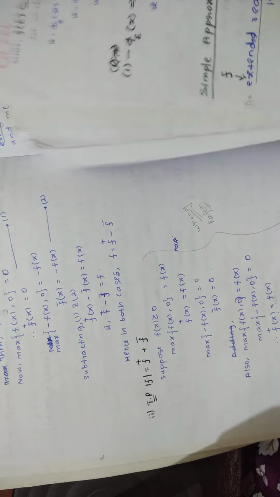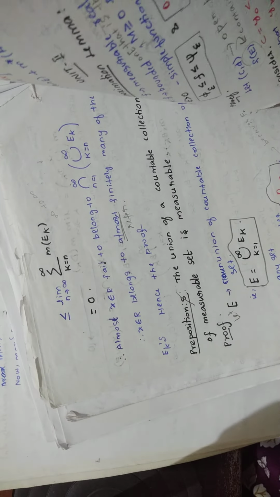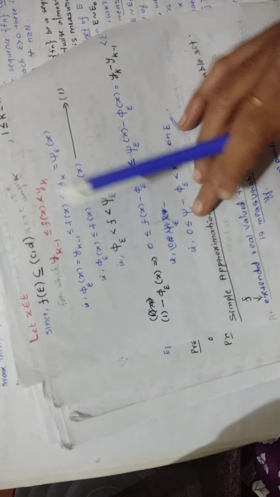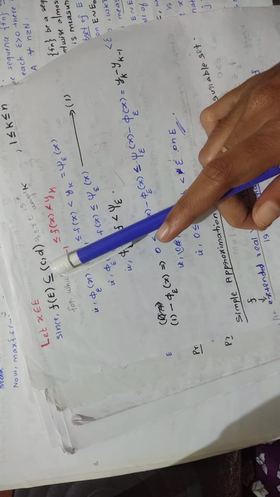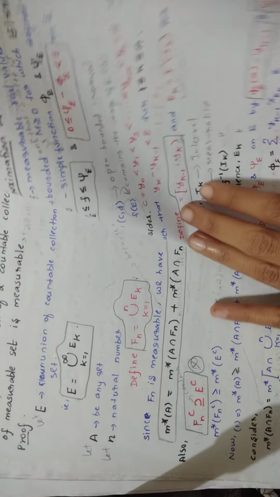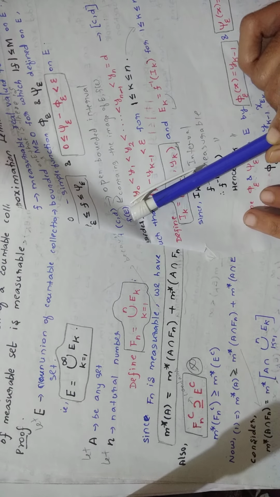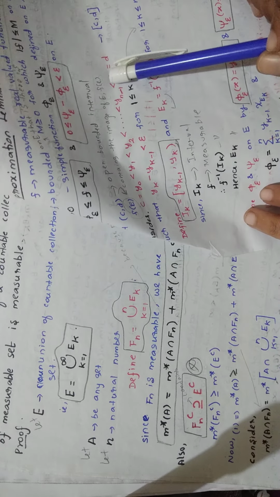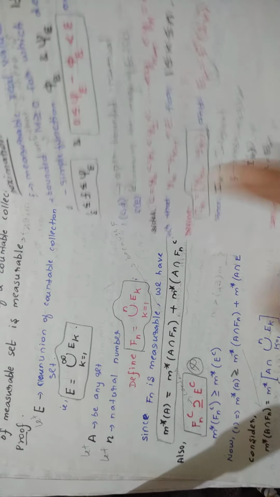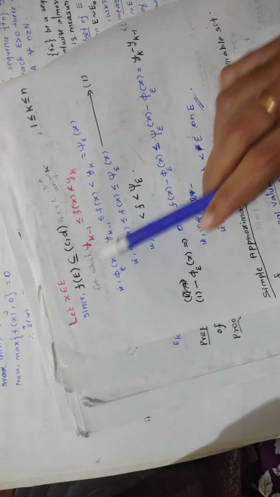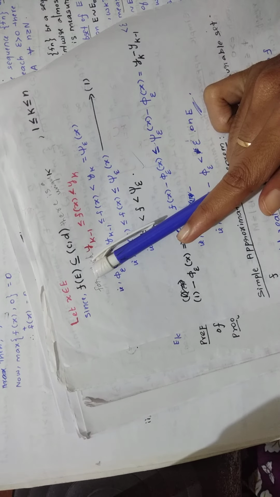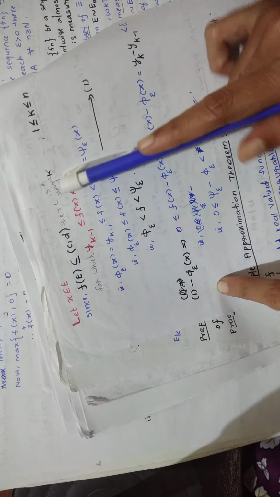Next, let x belong to E. We are taking x in E, and since f of E is a subset of (c, d), how did we write this? In the first line you wrote let (c, d) be an open bounded interval, and this (c, d) contains the image of E, f of E. From this line you are using it here: f of E is a subset of (c, d). There is a unique k